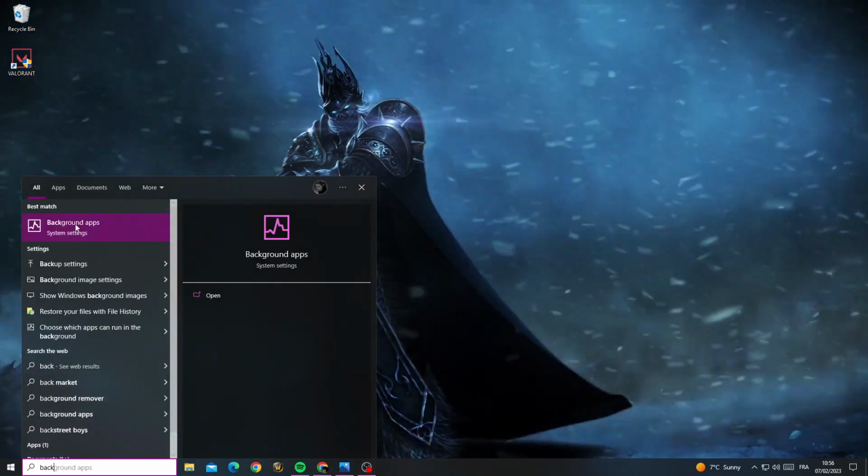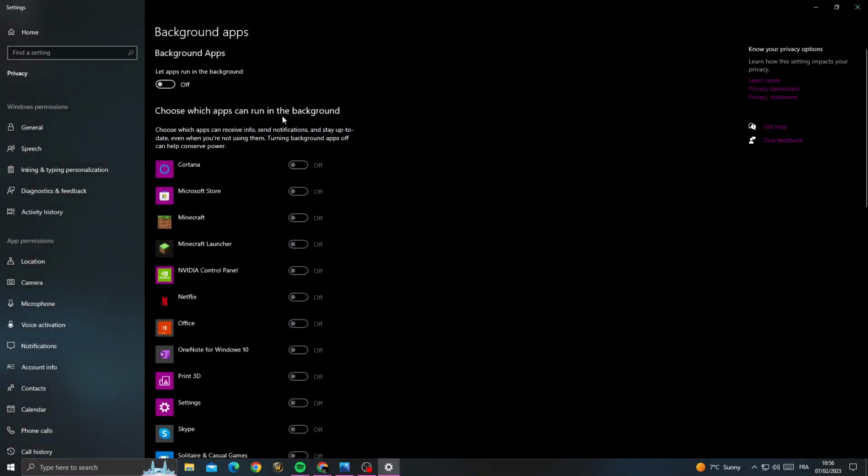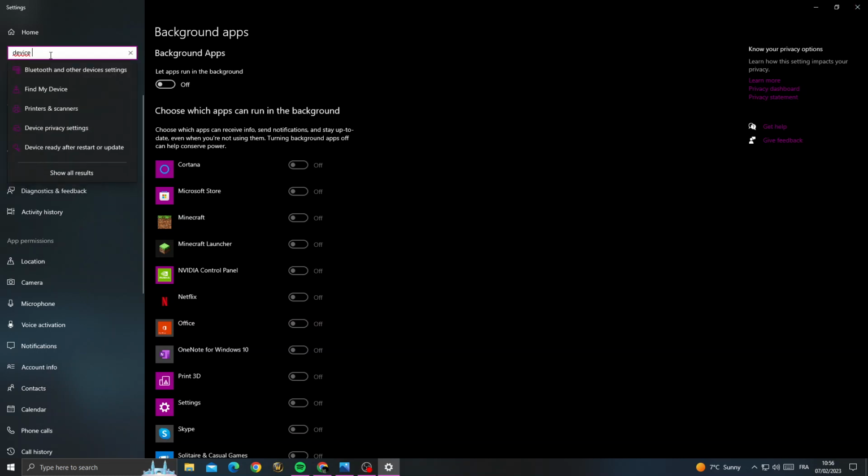and now just make sure to turn off all those background apps just by turning off the first option, and then type here device manager, click on it,